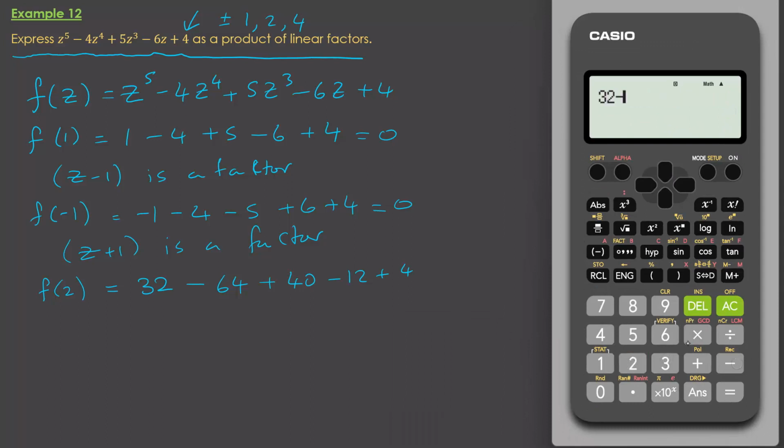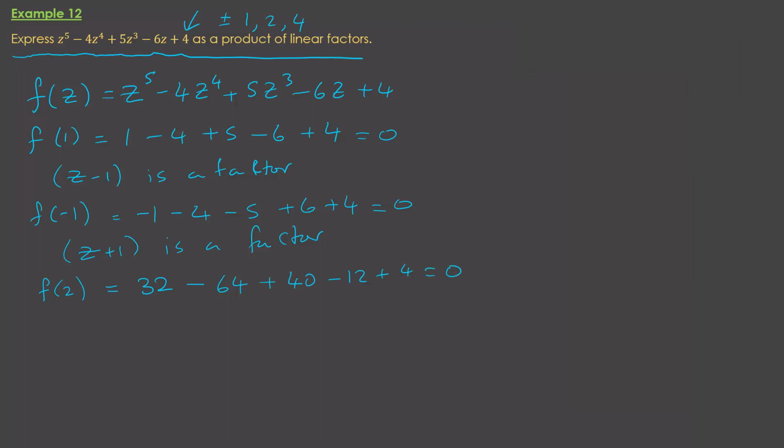So we've got 32, take away 64, add 40, take away 12, add 4, and that's 0 as well. And that means that z minus 2 is a factor. And that means that z minus 1, z plus 1, z minus 2